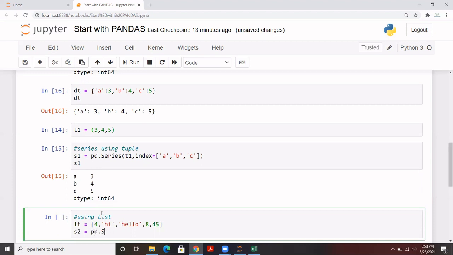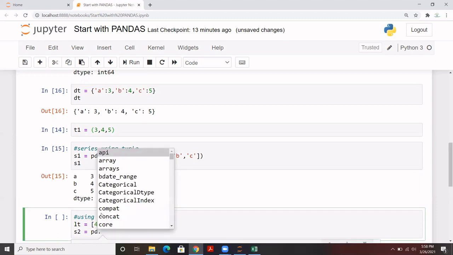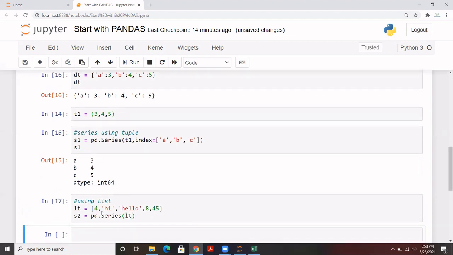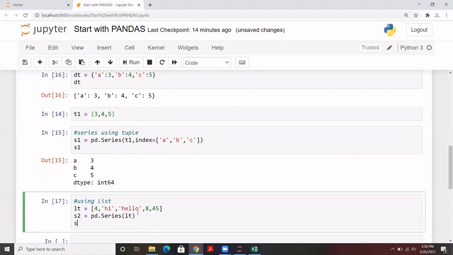In case you forgot this series, simply you can type pd dot and press tab to get all those functions, and then you can search Series from there, right? So I'll be writing like this: Series, and in Series I can pass lt, and it will simply convert to the basic index.